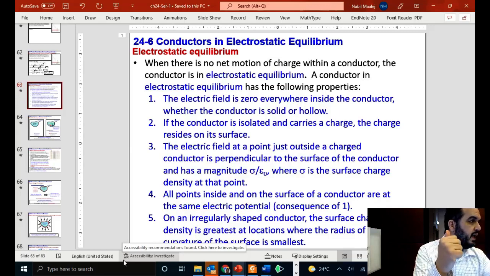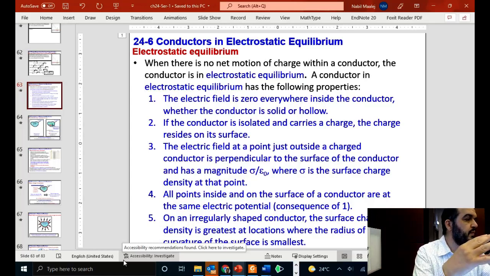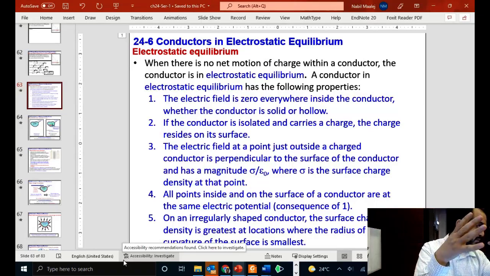Okay. Second, we said all the extra charges on the conductor will go to the outside surface of the conductor. So the extra charges, they all go to the surface. Okay. And what else did we say? Yes, we said that the electric field outside the surface of the conductor is always perpendicular to the surface. So inside it's zero, outside it is perpendicular to the